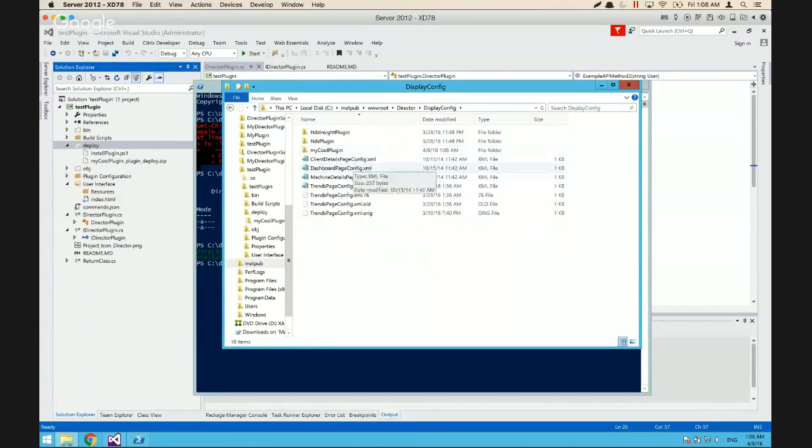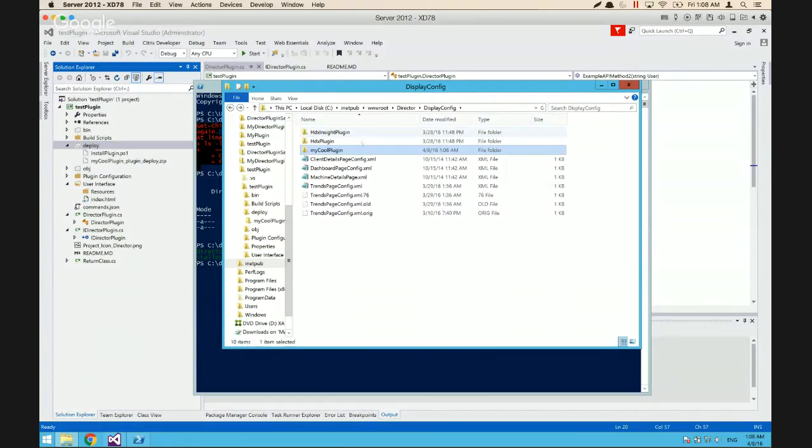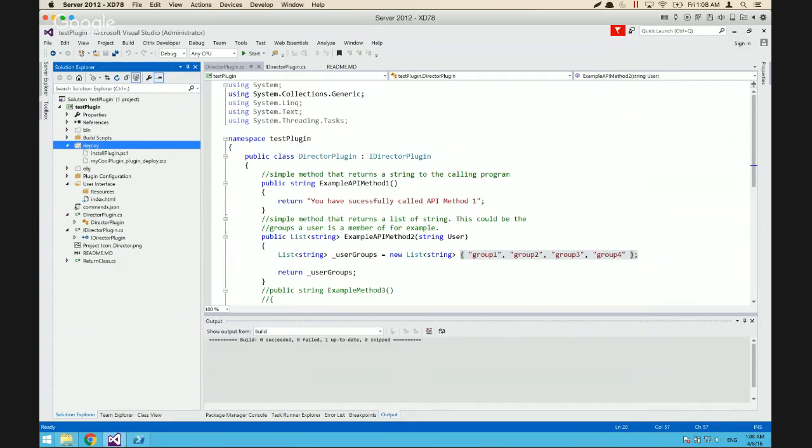And then in the display config directory, we have our plugin information here. Now, one interesting thing that we do for you is we'll actually create some templates for you to either use to register the plugin, or you can just copy and paste out of it. So real quick, if we jump back here to the README file